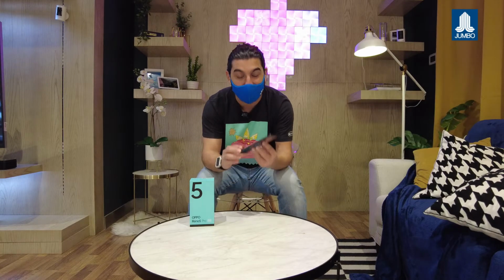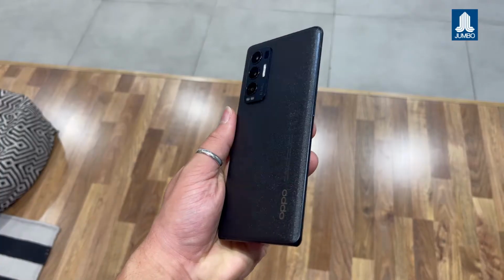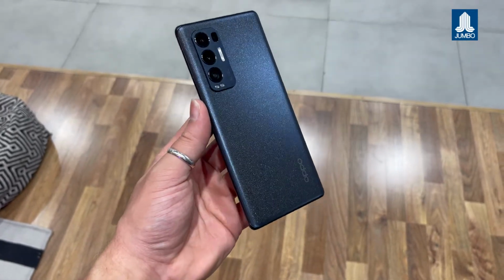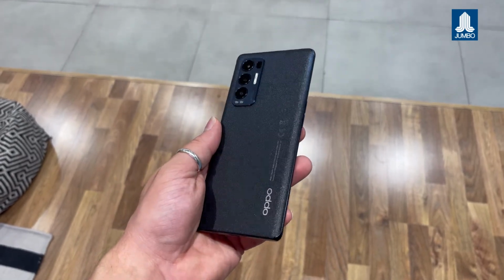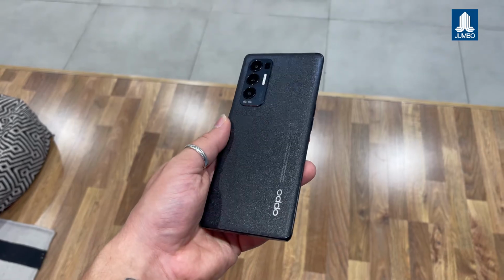Look at this. This is a shimmering black, which looks really nice, to be honest. I love such backs where the color has a gradient to it. But what's most important here is no fingerprints, and I love that. Now, the first thing you notice as soon as you get your hands on this phone and